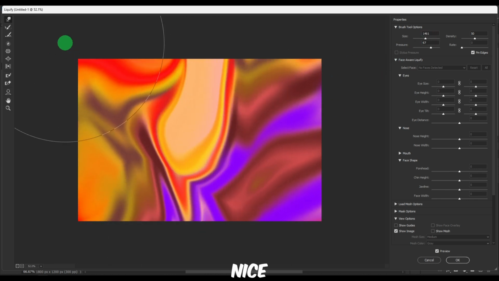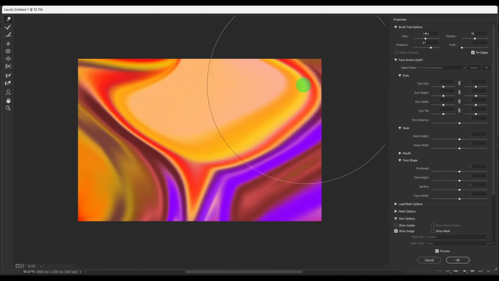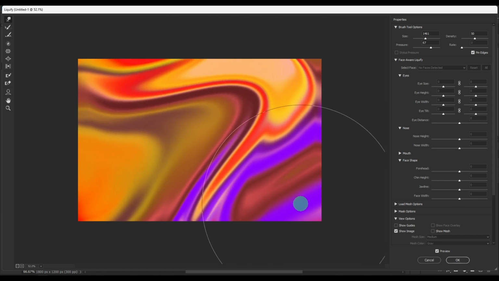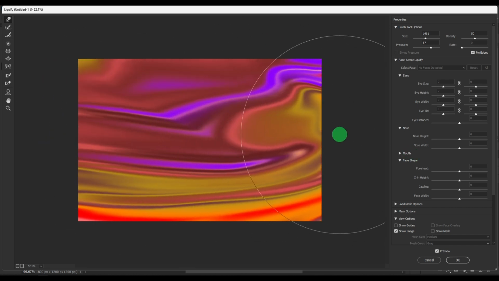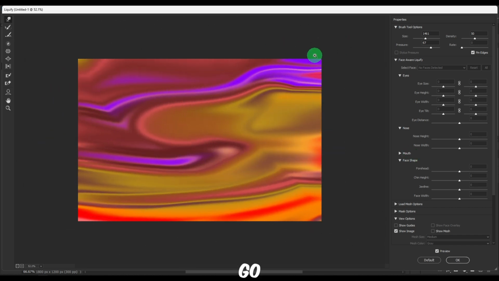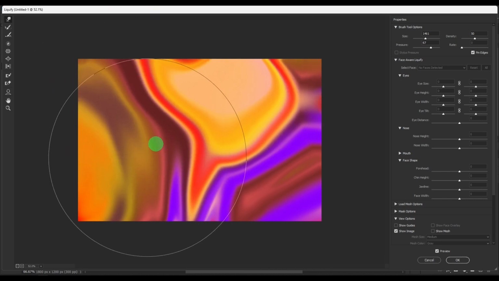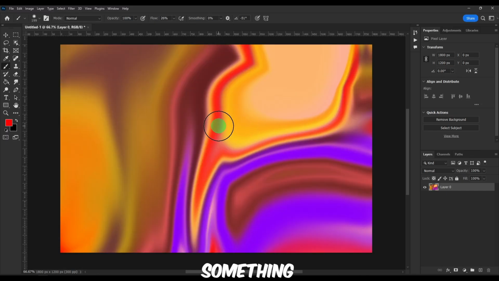Just try to create a nice shape. If you don't like it, you can go Control plus Z. Let's say something like this, and then